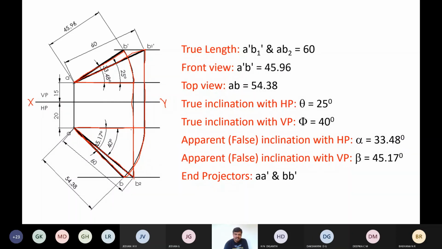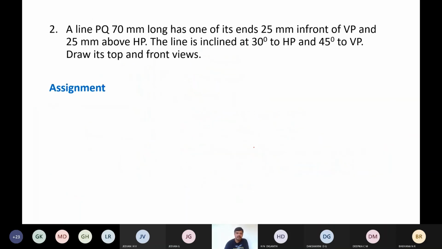Again, the reverse also is possible. If you know the true length, drop a vertical, then rotate it, you will get the view. If you know the view, you can get true length. If you know true length, you can get views. Okay, based on this concept, we are able to solve problems related